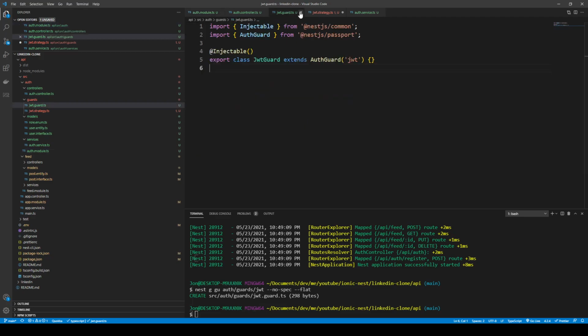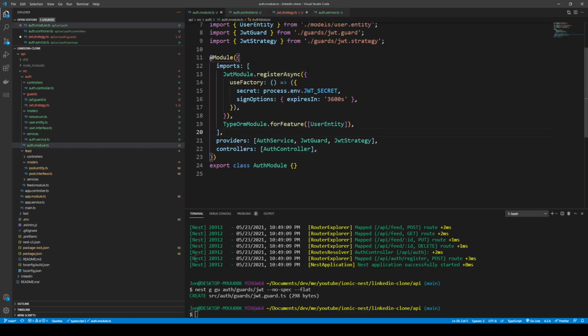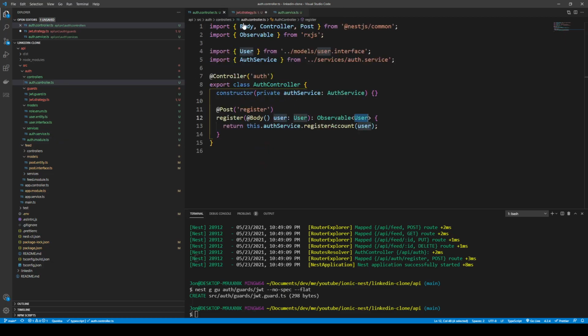So we can close this one because that's using the auth guard from Passport. But the auth module, I should mention, this JWT module is being registered asynchronously, and that's how it links to the JWT guard and JWT strategy by providing it in this module, and then that will allow us to use decorators to guard some of our responses, as we'll see shortly. But I can more or less close that module for now. And if we continue to work on our strategy,